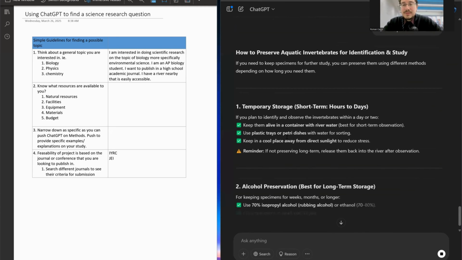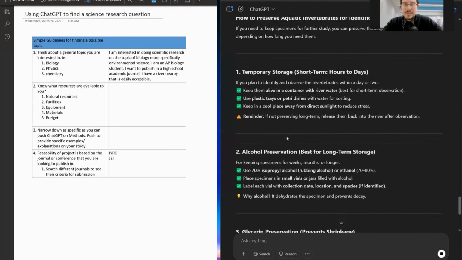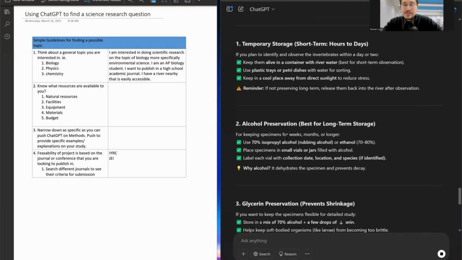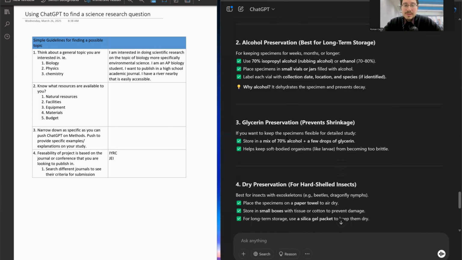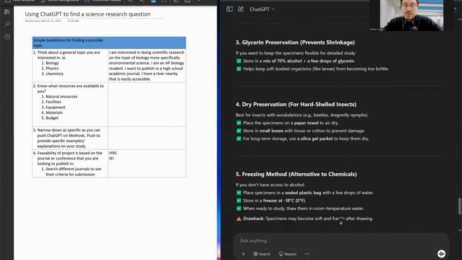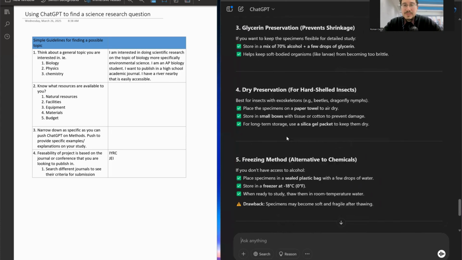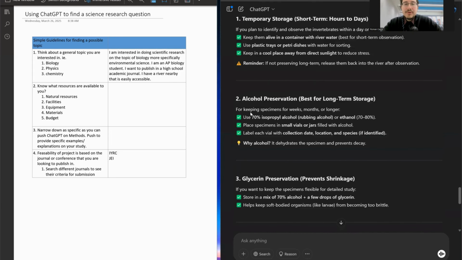Temporary storage. I do not recommend temporary storage. It's better to do an actual preservation. For the majority of students, of high schoolers, alcohol is probably what's most commonly available for you. Glycerin is a little bit more difficult to come across. Dry preservation, freezing methods. That does work, but you want to keep the morphology or the anatomy of the insect as well as you can, right? I would go for number two,